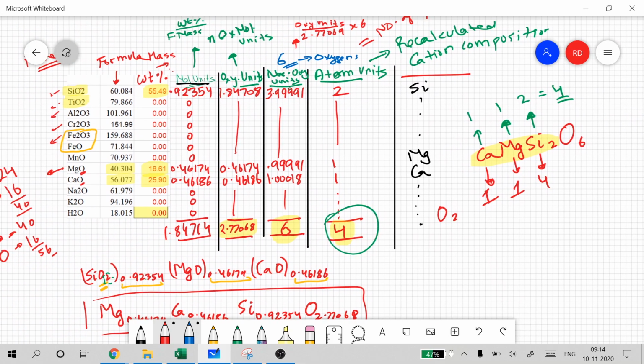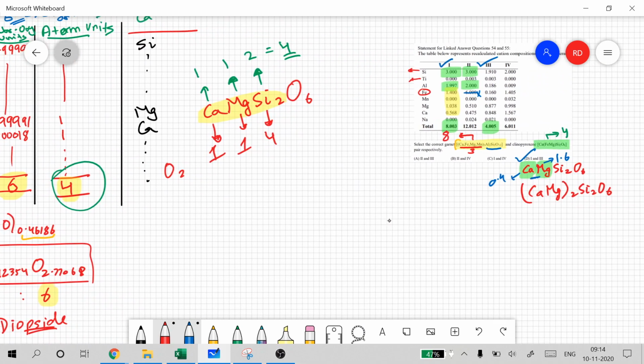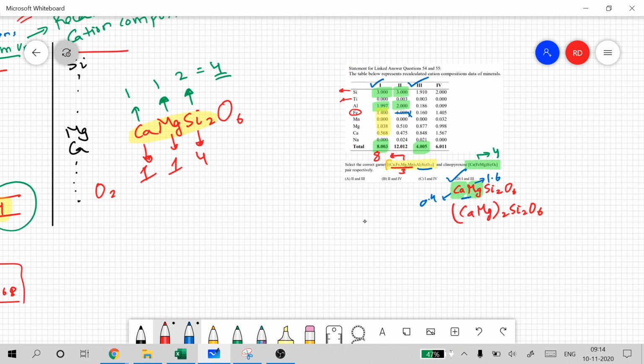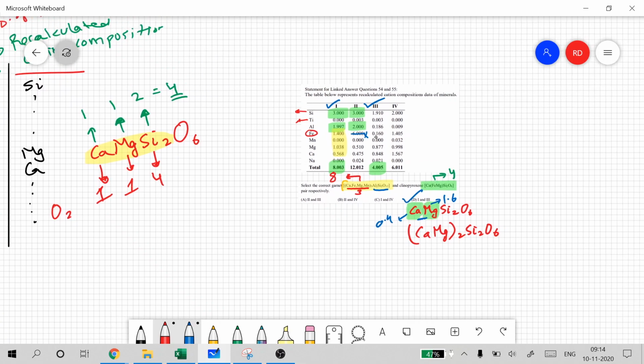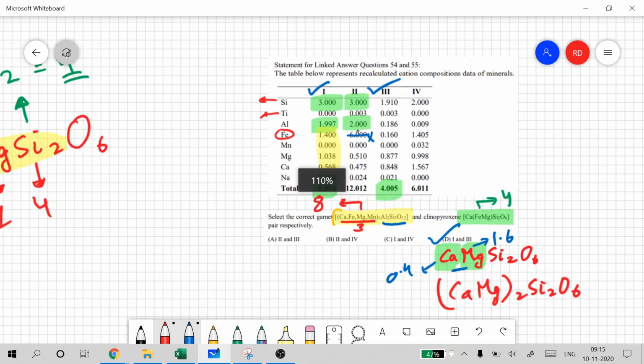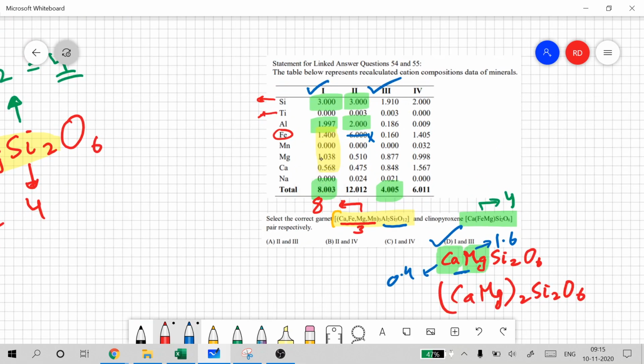So basically this is the overall process. No questions? Understood? Is this question simple or difficult? Simple, sir. It appeared difficult, right? Yes, sir. If these total ratios are given to you, you shouldn't be getting confused, especially between 1 and 2. There are 6 iron atoms over there. If you add 1.4, 1.038, 0.56, this comes out to be approximately equal to 3. Here it will not come out to be equal to 3.